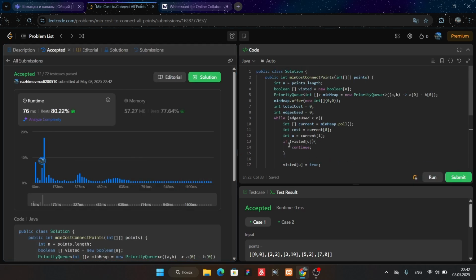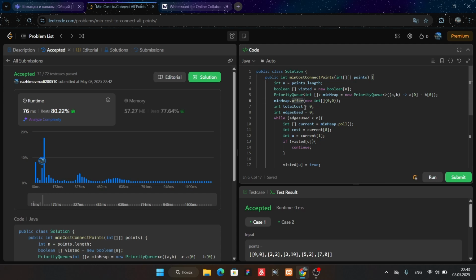Yes, and that's it. How did I reach that value? First of all, I create n, which is points length. I create a Boolean array because I'm checking whether I visited this node or not, and I'm creating a priority queue. In this queue I put coordinates with my numbers, and after creating this, I offer, which is equal to add, but